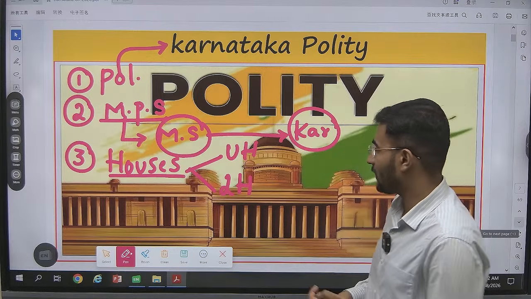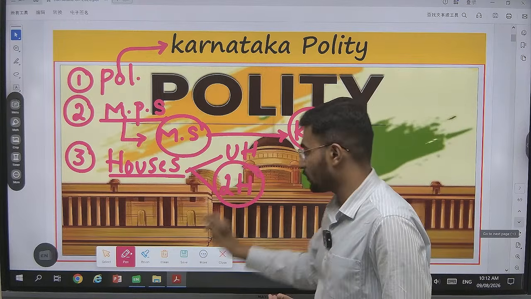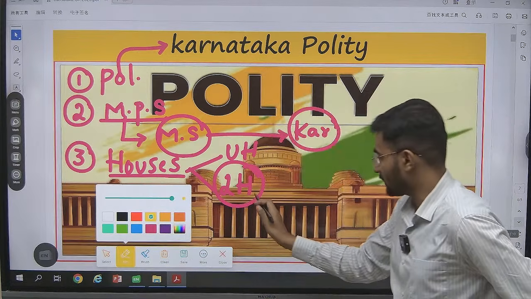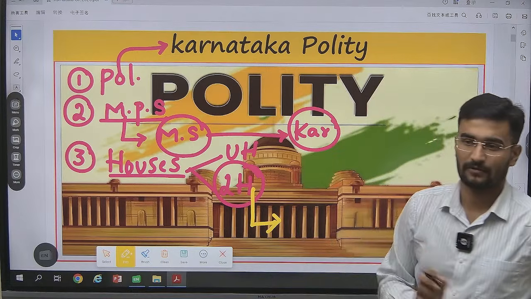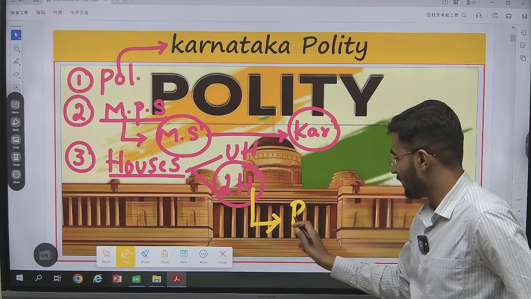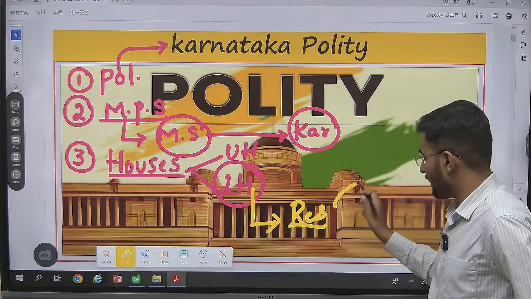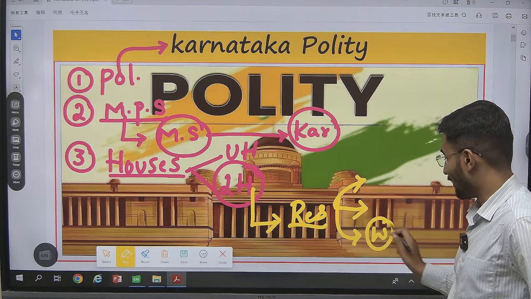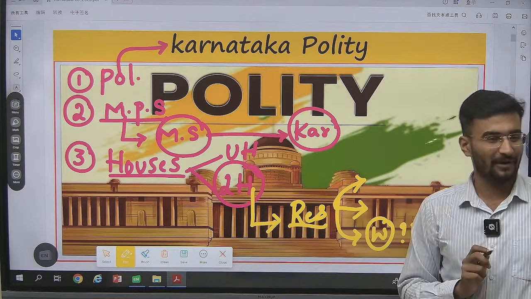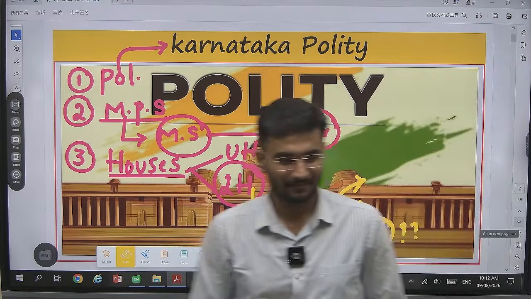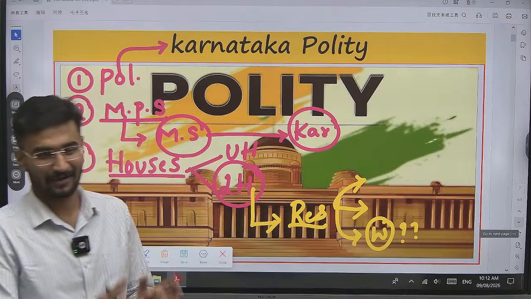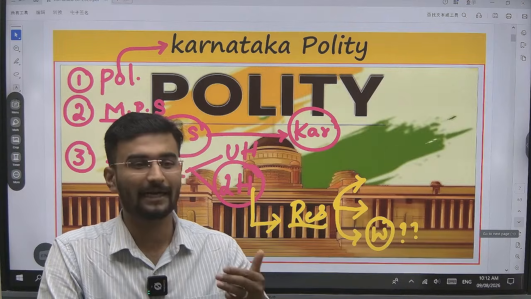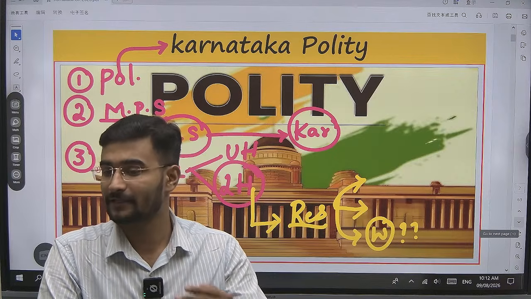And the fourth is, in our lower house, what is the type of reservation we have? Now, reservation system. What type of reservation do we have? Do we have reservation with respect to women in our lower house? No reservation. Pakka. Now, we have brought in an amendment, and that amendment is the 106th Constitutional Amendment